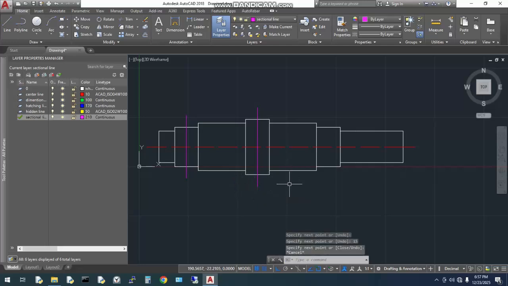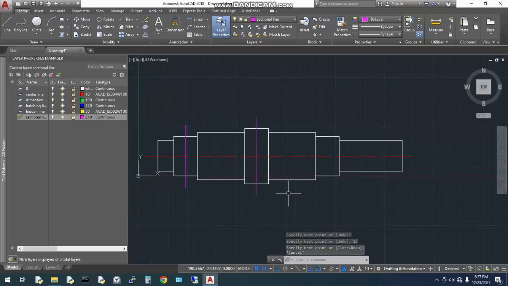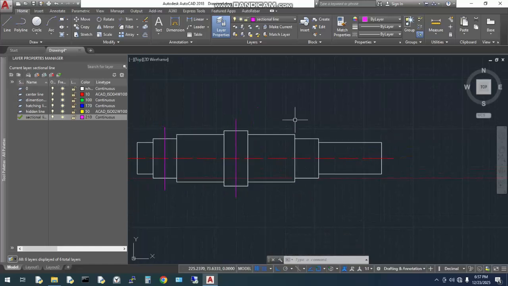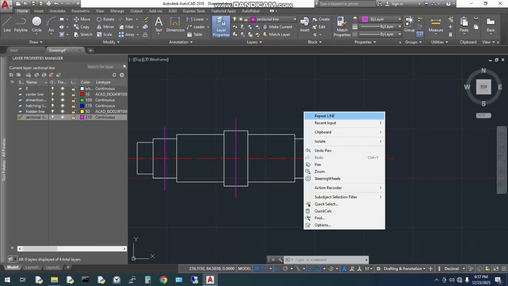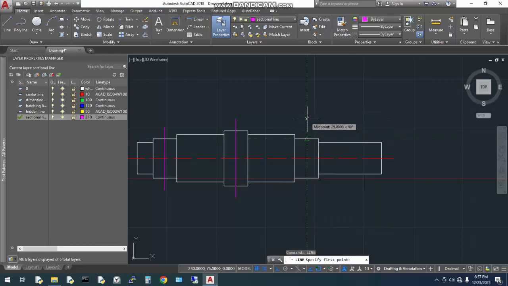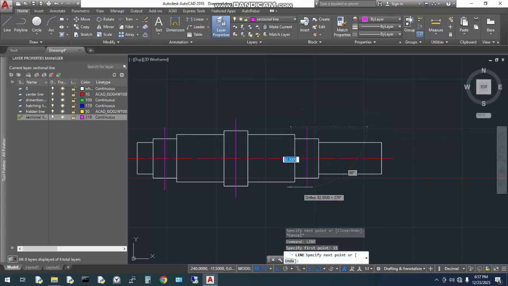Escape. Now we'll come back over here, repeat line, 15. End it at the center point, 15. Escape,